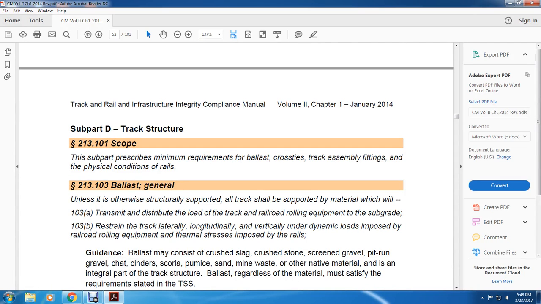Alright, Subpart D, track structure. 213.101: this subpart prescribes the minimum requirements for the ballast, cross ties, track assembly fittings, and the physical condition of the rail. 213.103, ballast, in general: unless otherwise structurally supported, all track shall be supported by material which will